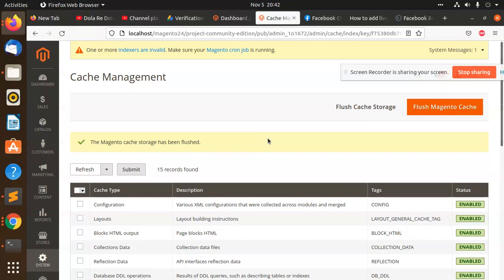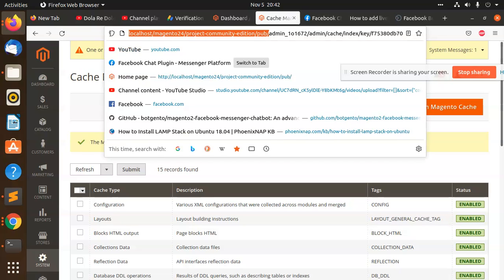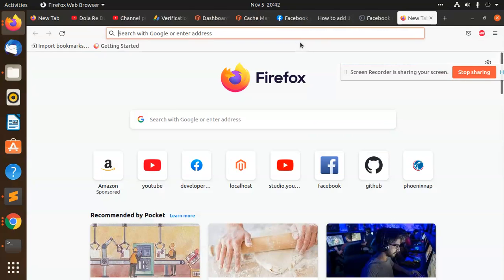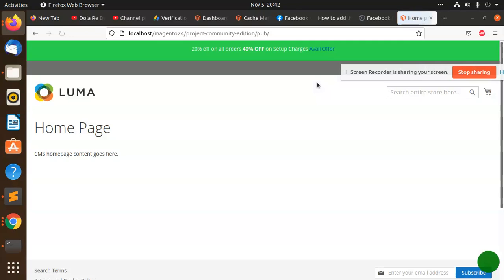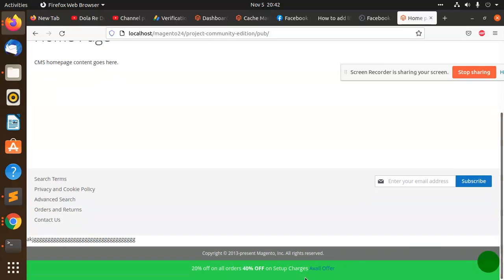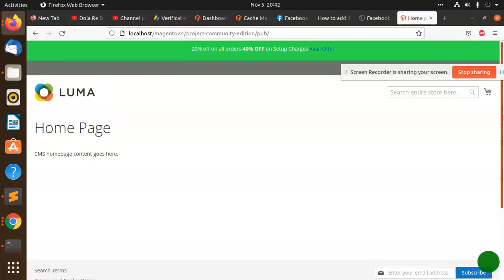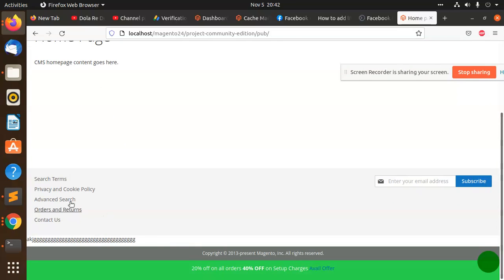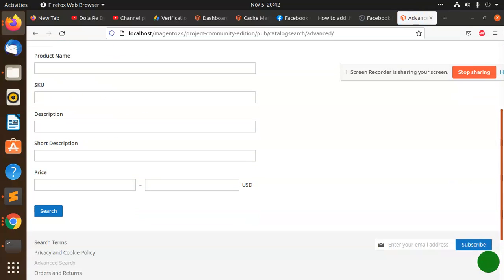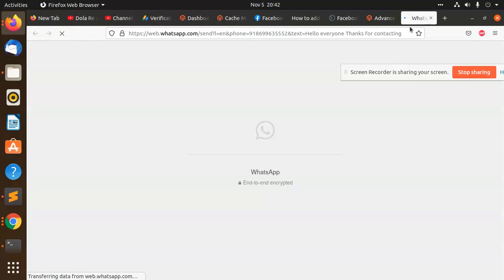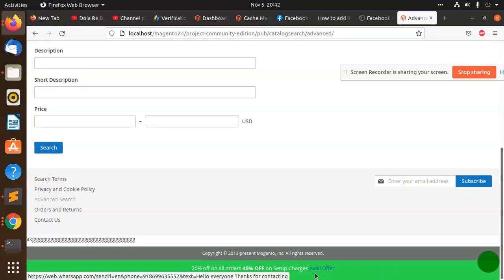So this is done. We have already run the commands. Let's check whether the Facebook chat plugin is coming or not. This is the previous one. Where is our Facebook chat? I have added it on the WhatsApp page, where it is showing.